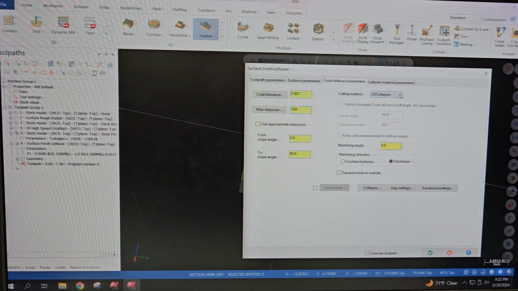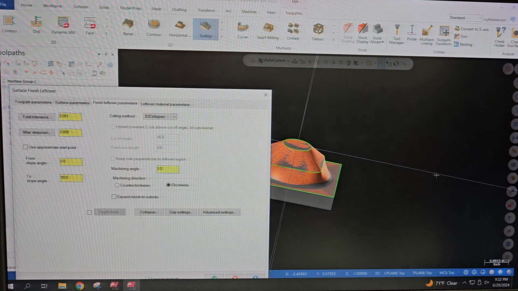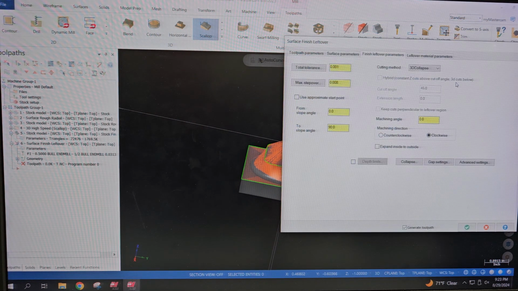Cutting method is going to be 3D class, that's fine. From slope angle 0 to 90, this is good. This will start from 0 degree, go straight up to 90 degrees. So this angle is going to be less than 90 degrees, that's okay. And the most important thing